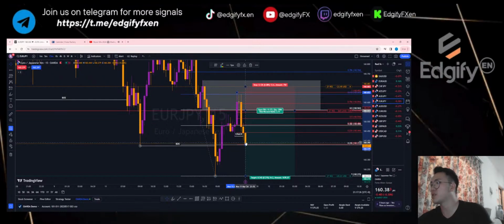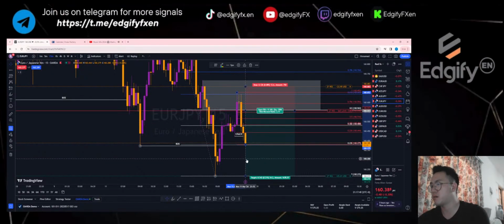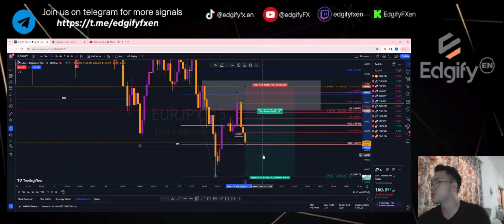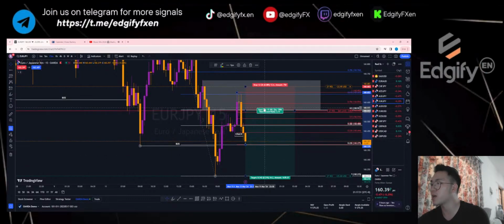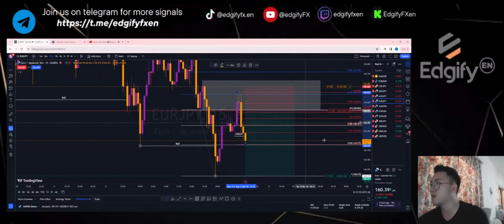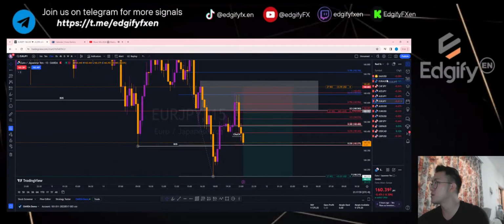But I just want to see how far this is going to continue to dump. If it's going to dump further, like somewhere around here, then there's no point for me to just hold my sell limit. Because if it stopped here and it retraced back, the possibility of this moving upwards is very high. So I will see how this is going to play out.